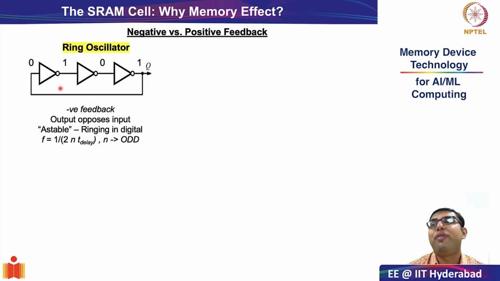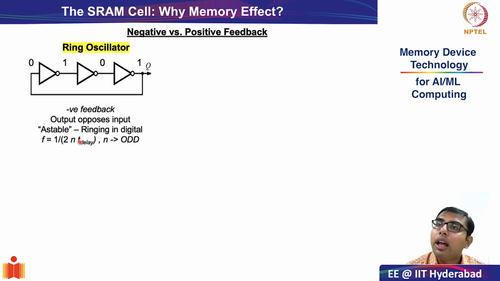n is the number of inverters or number of stages. And as we discussed, to have a negative feedback, you will need to have n as an odd number. It need not be just 3, it can be 5, 7, anything. n needs to be an odd number, and the frequency of the ringing will give you what the propagation delay is. Therefore, ring oscillators are used heavily in logic systems to find what is the propagation delay of a particular technology node.